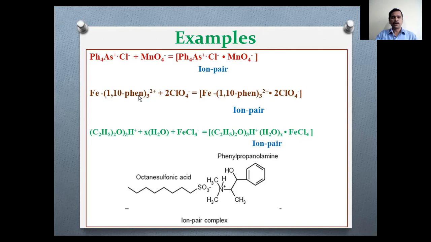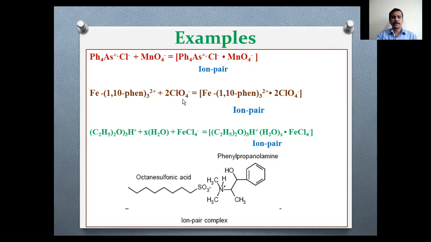You take ferroin. Ferroin is a 1:3 complex of iron 2 and 1,10-phenanthroline, or orthophenanthroline. This is red in color. When you have ferroin in the aqueous layer and you want to extract it into the organic layer, it is not possible because it has a 2+ charge, it is charged. So we have to convert that into an electrically neutral species. How to do this? Very simple.